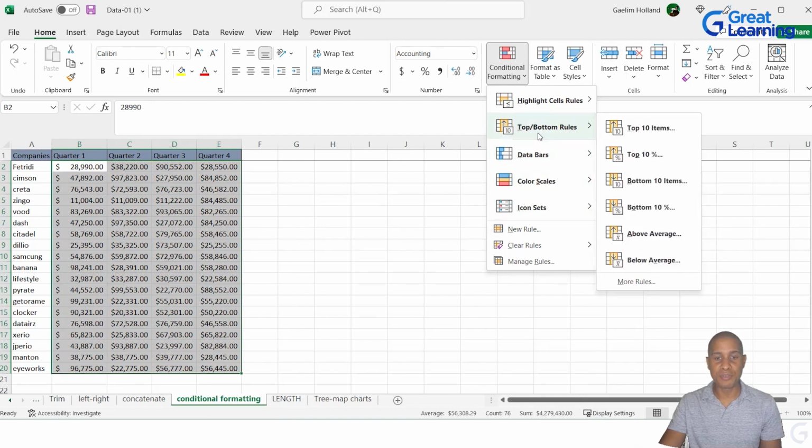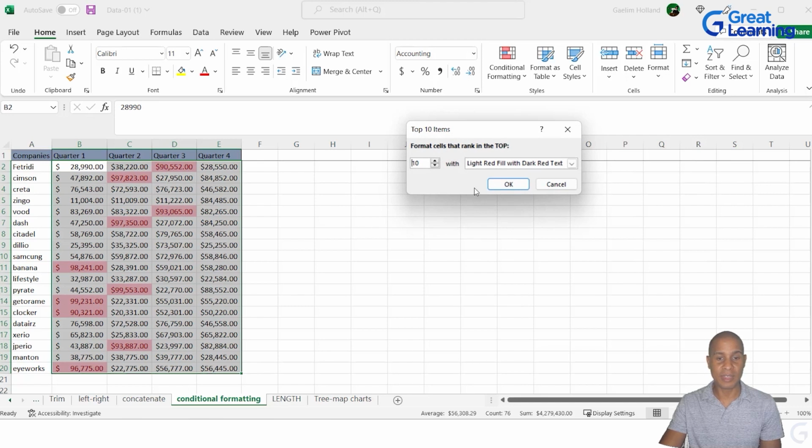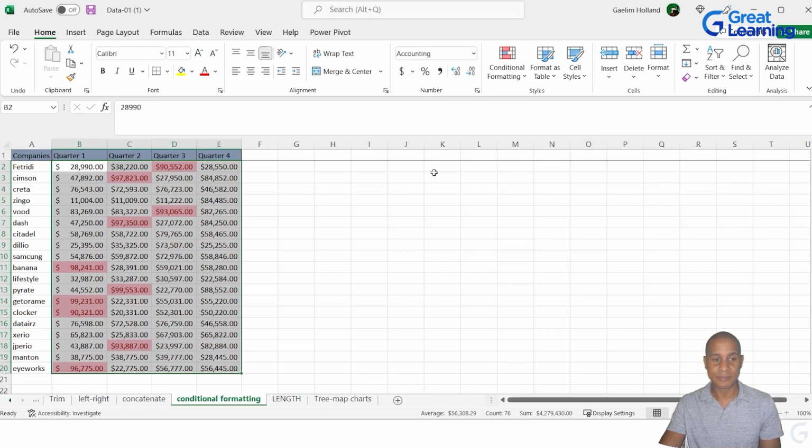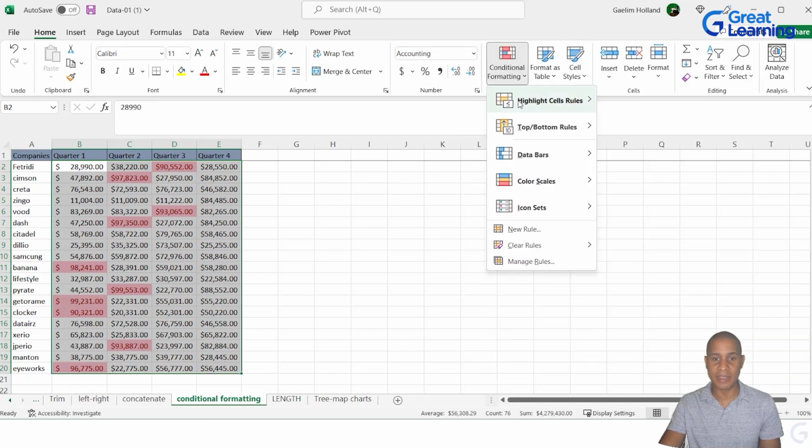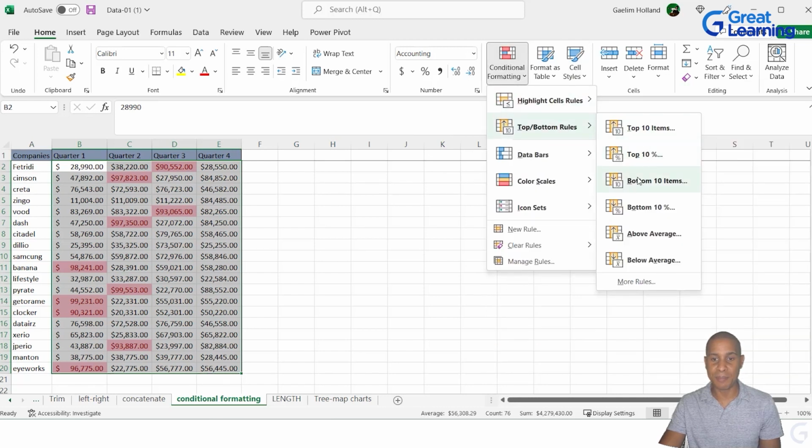If I go to top and bottom, so if I want to identify or highlight the top 10 items, you can see that it tells us how it's going to be filled. The top 10 items are going to be filled with light red and dark red text. I can go back over and I can go to conditional formatting and I can go to the bottom 10